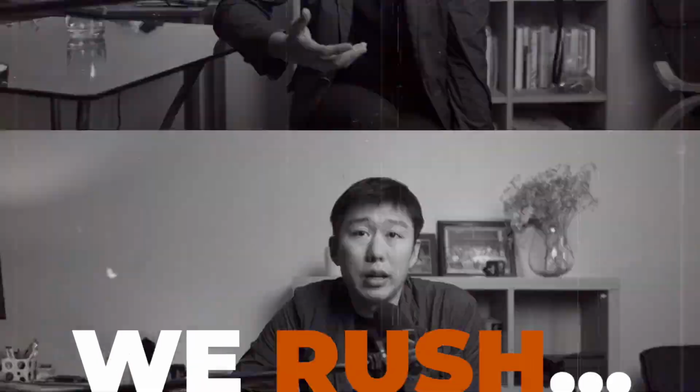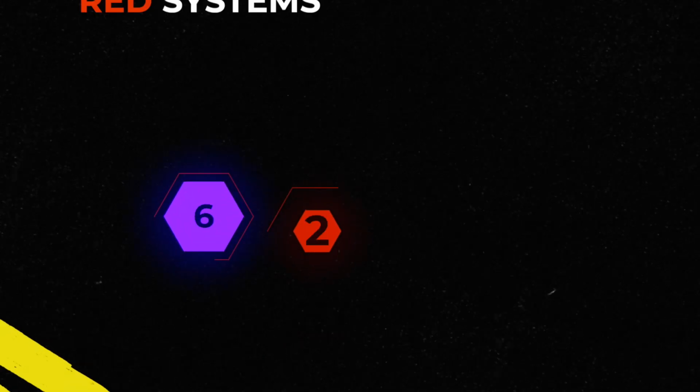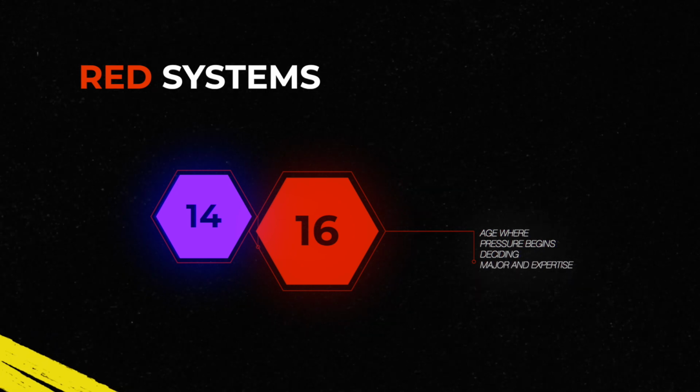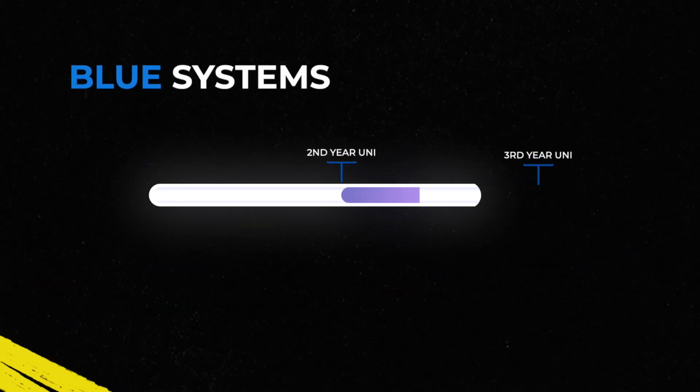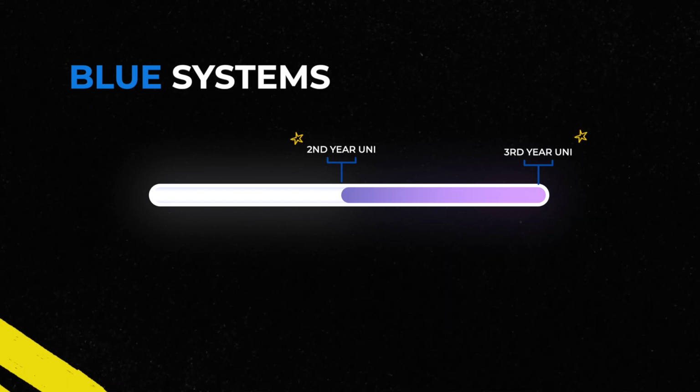Between the 2 education systems, I wanted to point out this. There's a common factor we should be aware of. It's that we rush into asking our young adults to make decisions for university choices and expertise a little too hastily. Red system does give you pressure earlier on at 14 to 16 years old. Blue does give you more time until you reach 2nd or 3rd year of university, but they still ask you to sign up for their university membership straight out of high school.